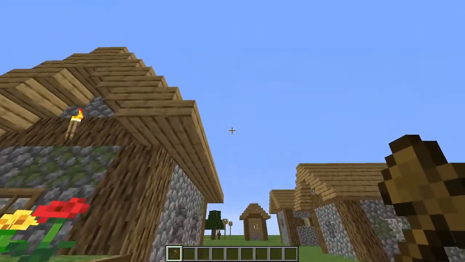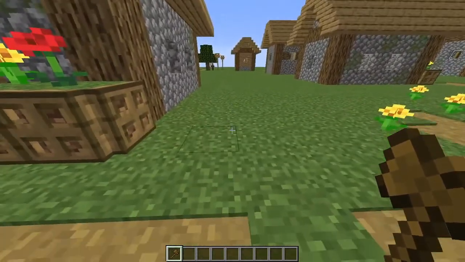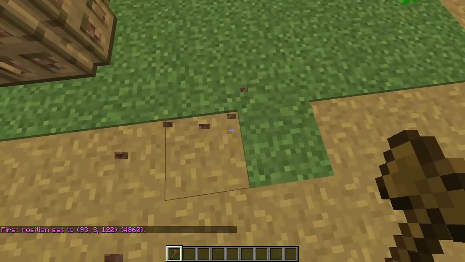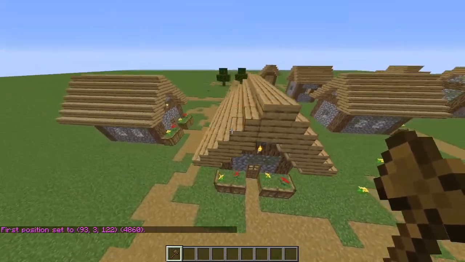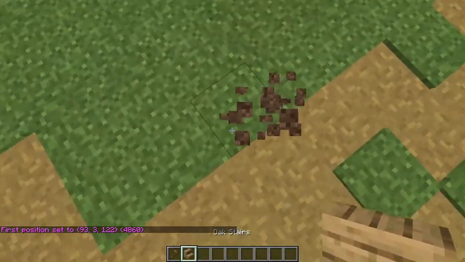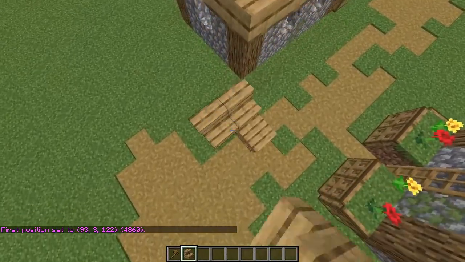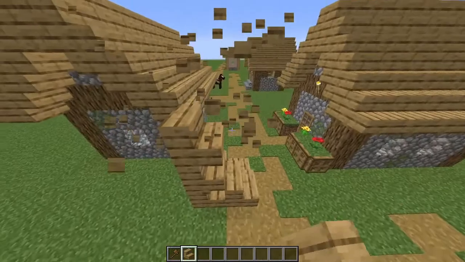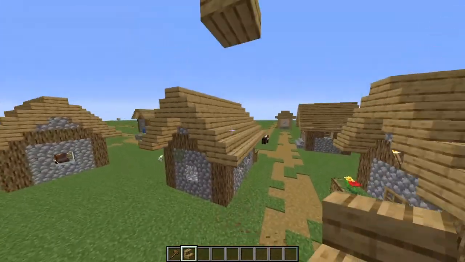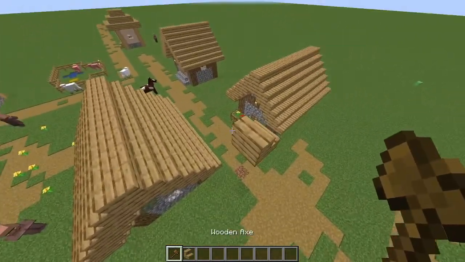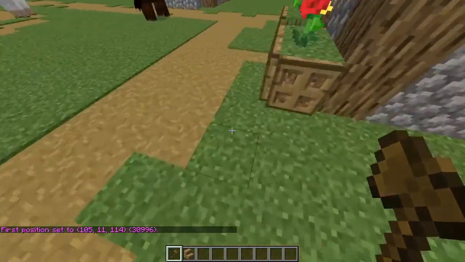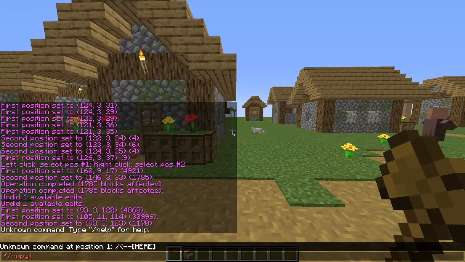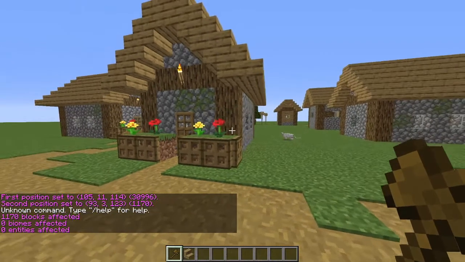We're going to line ourselves up, making sure we're connecting, we're going to catch this side and this side. Now there's two ways. You can select the first position like this and build up like so to get the second position. So you can get a block up here, you can get the first position, and then you can come down here and get the second position, and then you can do //copy, and now you've copied